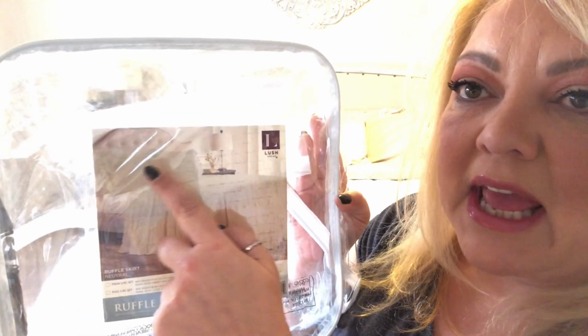It's called a ruffle skirted bedspread, and it's like this, and it hangs down on the ground. You're gonna see it right now. It came with these two shams also, which is a great deal. Now, I'm gonna try and link this down below because I think this is worth every